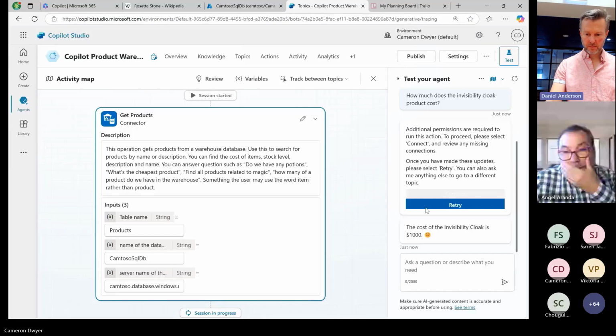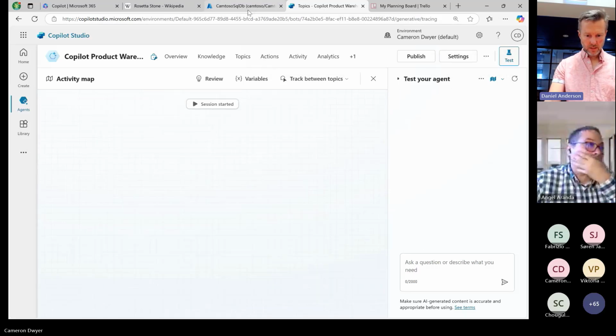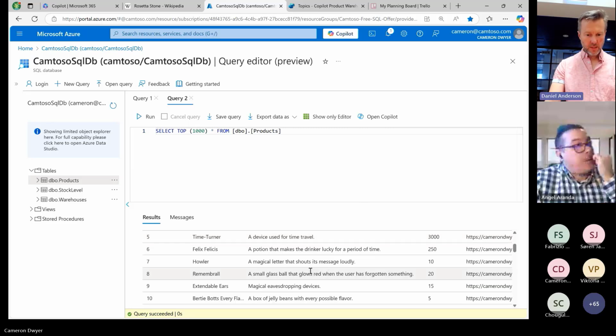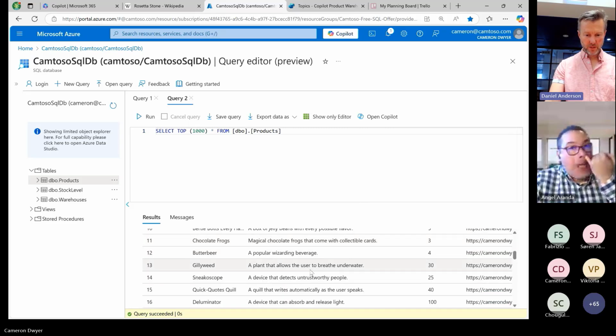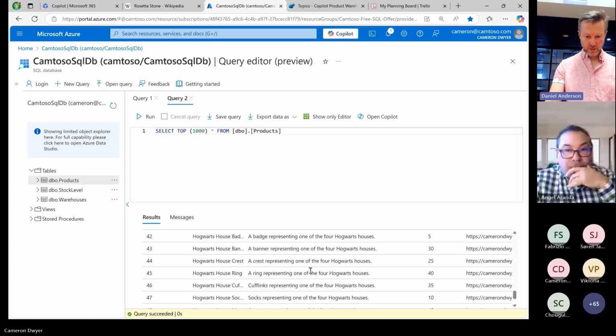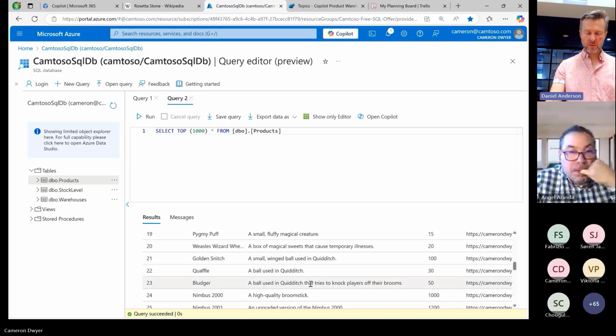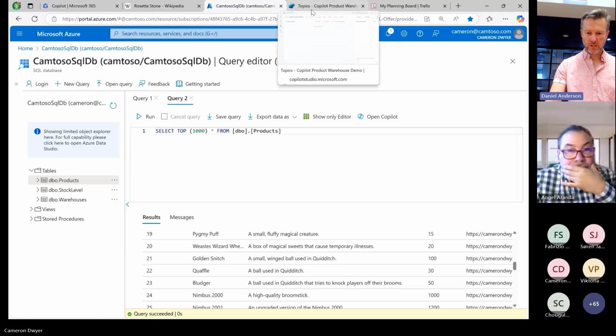We go back to our table here. What you will also notice is that in this table, in the Harry Potter world, for those of you who may not have read the books, there is a game called Quidditch. Somewhere in here, there'll be some products that have got something to do with Quidditch. Here's a few of them. Here we go. Mentions the word Quidditch. There's a few. So it's a sport. There's items in our warehouses to do with Quidditch.